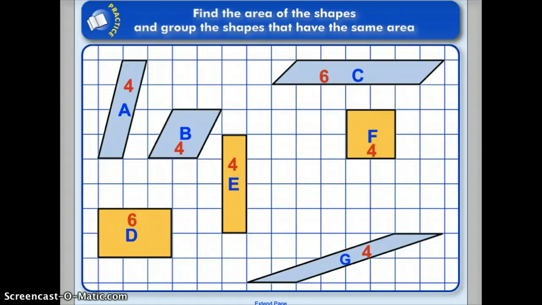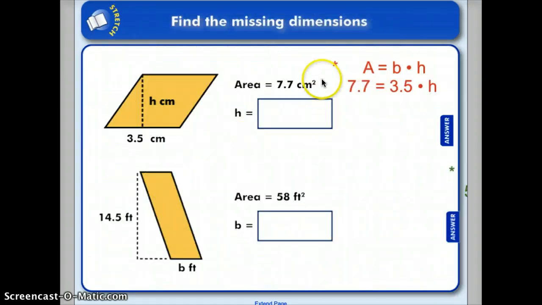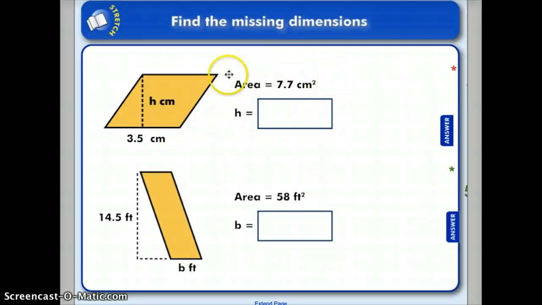What do we have next? All right, so this one, I'm making you work backwards. Remember, I always make you do problems forward and then backwards. So here, I'm giving you the area and the base, and you have to come up with the height. So you should probably be asking yourself, if I have this be 3.5, what do I multiply 3.5 by to get the height? It's kind of hard to do that one in your head,